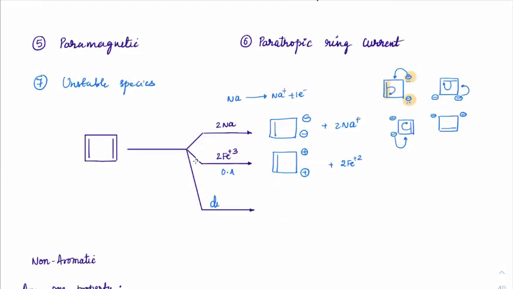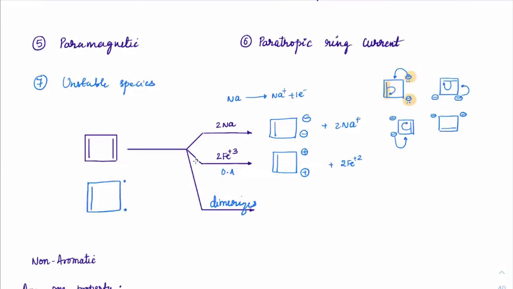Now if you see this molecule, this is highly unstable at room temperature. If you keep it around room temperature, it will immediately dimerize, even if no reagent is needed. So it will immediately dimerize. Always think of anti-aromatic groups this way, beta. It is like a pi bond and a diradical. It is like a diradical. 2 radicals are present on it.